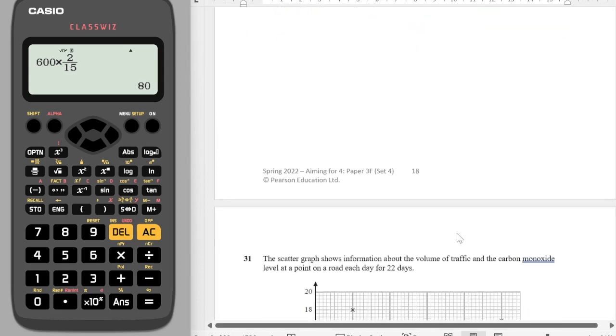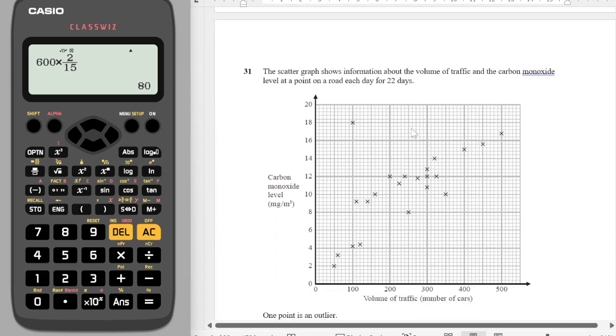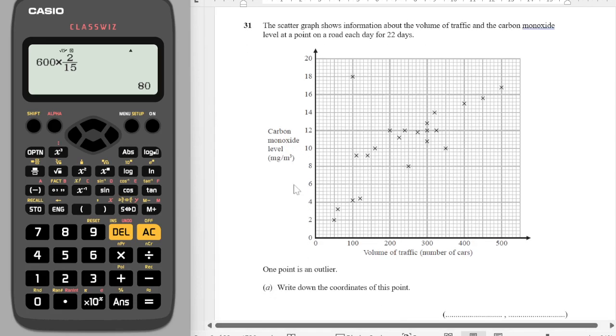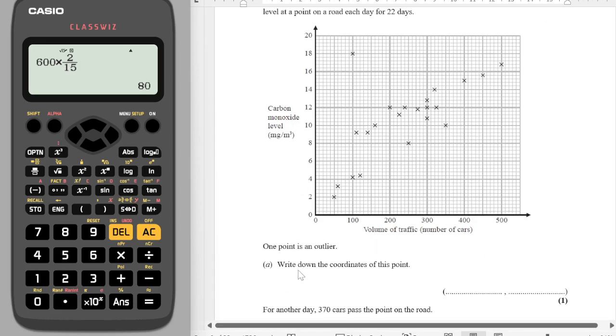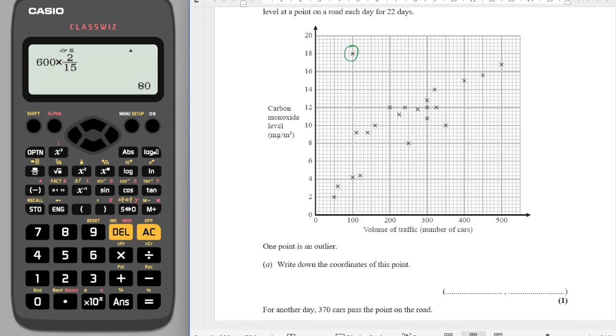Okay, question 31. The scatter graph shows information about the volume of traffic and the carbon monoxide level on a road in 22 days. Write down the one point that is an outlier. Write down the coordinates of this point. Well, that's the outlier. It doesn't match the rest of the data. So the coordinate of that is